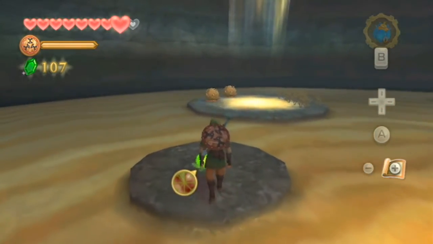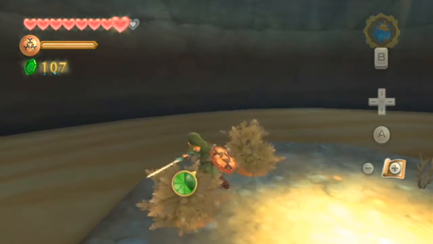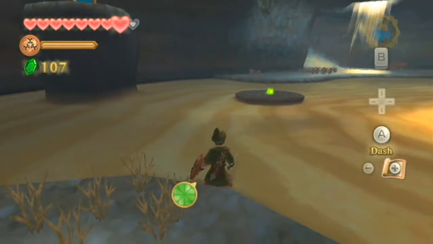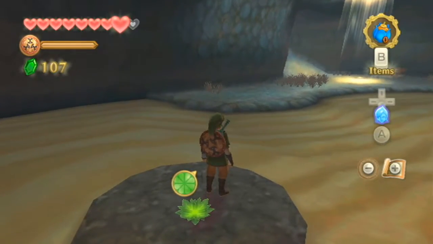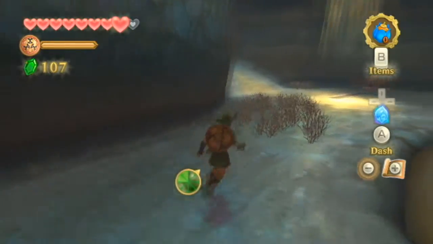Get up there. Oh my god, thank you. I ran out of stamina, and yeah, if you fall, or if you drown, quote-unquote, in the sand, it's not really that big of a deal. It's basically just like falling off a ledge. You'll just reset from the beginning of the room. In fact, you might even reset from the last platform you stood on, so I'm not sure, but...